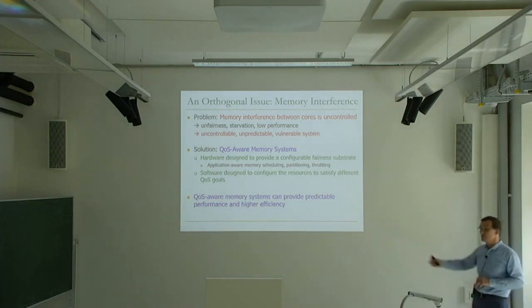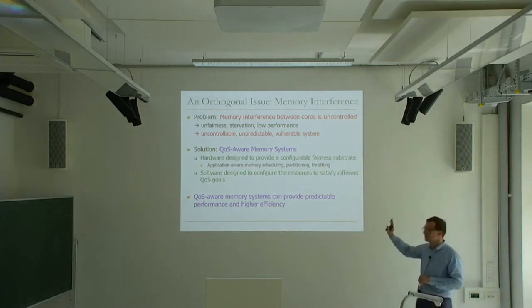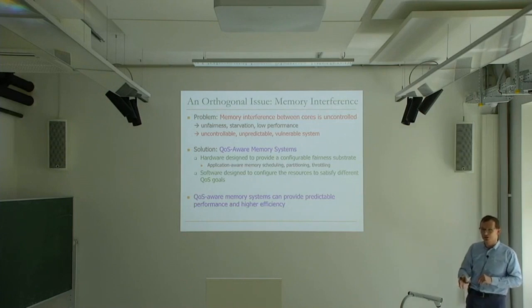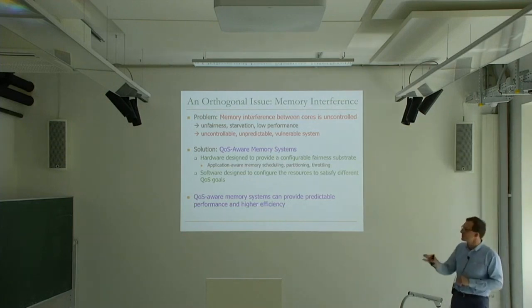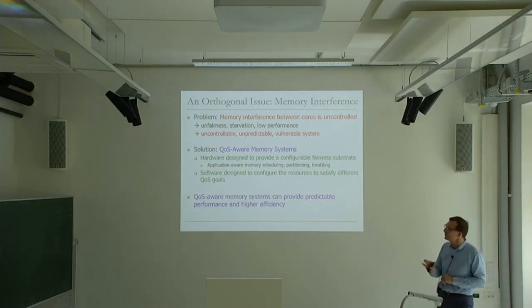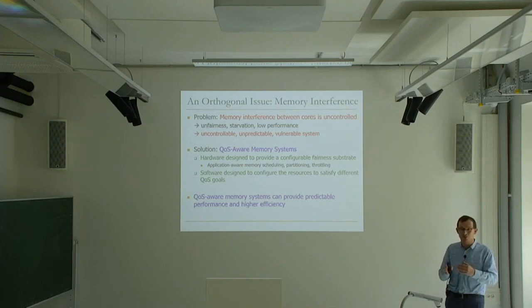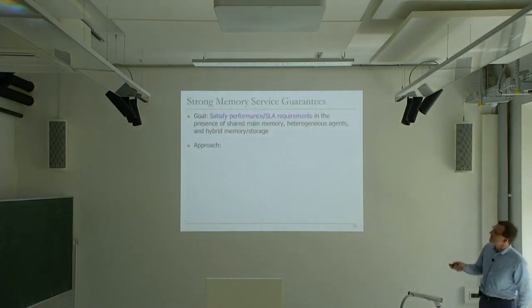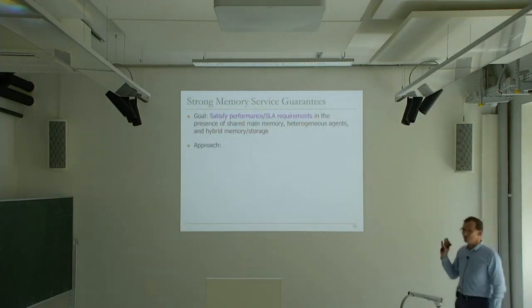Of course, there's a lot to do also here, but these can actually provide both predictable performance and higher efficiency, and higher performance also, because as we will see later on, if you have one application denying service to another for a really long time, even if it's not a denial of service or security problem, it may not be a concern for you. But the system performance also goes down because only one core is making progress, assuming these are two cores, right? Okay, so there are multiple ways of looking into this, basically.